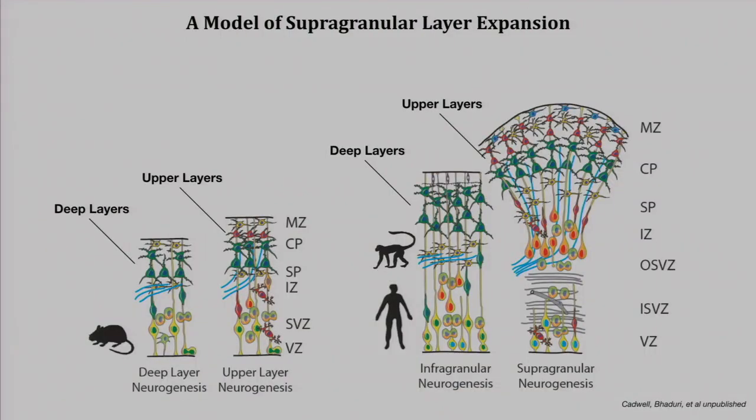And that led us to propose a sort of comparative model for cortical development mechanisms and the interactions between cell types in both mouse and the human and non-human primate model that accounts for the greater expansion of supragranular layers and has certain interesting implications that we can discuss later.